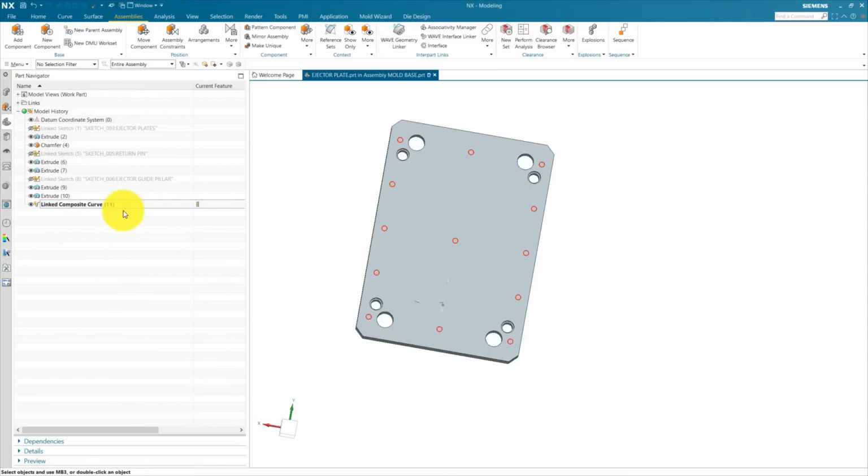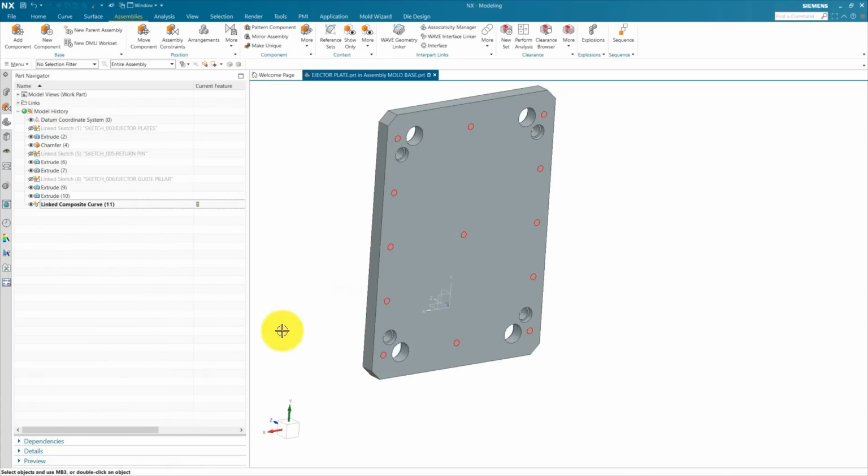When you create this type of link sketch, there is one important thing I want to tell you. Never link any link curve or link sketch crossing each other. For example, I created this link from our ejector backplate. Now when we create another link in the ejector backplate from the ejector plate, it will create an error. So always link anything from ejector backplate to ejector plate. Don't cross link, where one link is from ejector backplate to ejector plate and another feature is linked from ejector plate to ejector backplate. That may create a very big problem in NX.